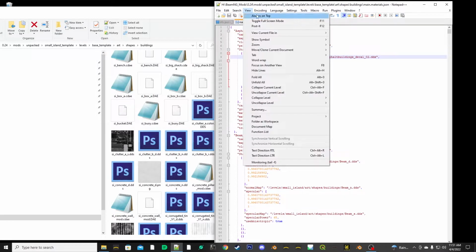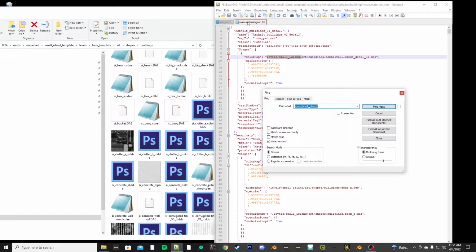So here we're going to go to search. We're going to go to find. We can go find in files. You can see since I had selected it, it put it in the find what for me, which is great. Now we need to replace it with the same basic string, except we need to update the file name. So remember, don't include the slash at the beginning. Make sure the slash is at the end. And we're just going to change the middle name to what we chose for our basic map name. So mine was base template. So I'm going to update this to